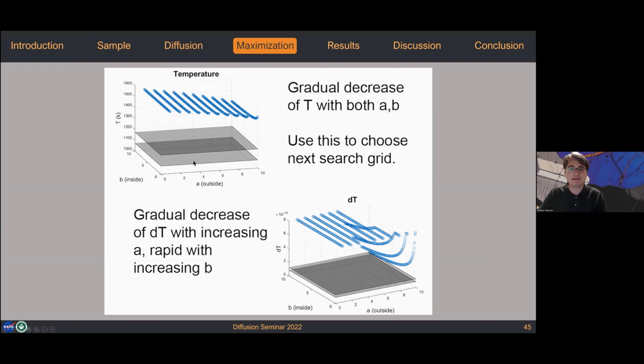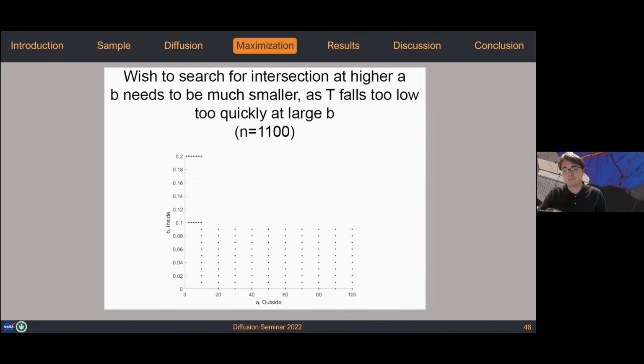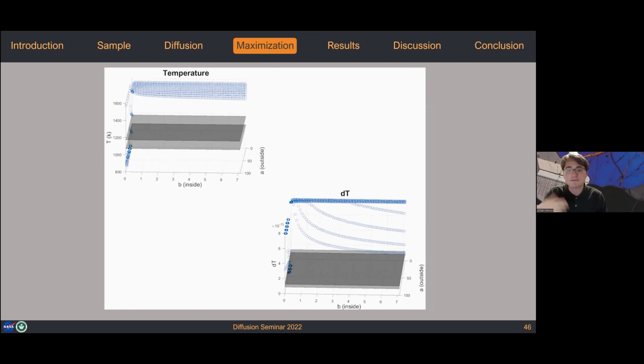Those represent our appropriate final solutions to smoothly transition into the subsolidus cooling history. And we can see here that they're both too high in change in temperature, and they're both decreasing with decreasing A and B. So we want to look at smaller A and Bs with our next set of points. So we create another grid, add smaller A and Bs, and repeat the same process, modeling many, many times and